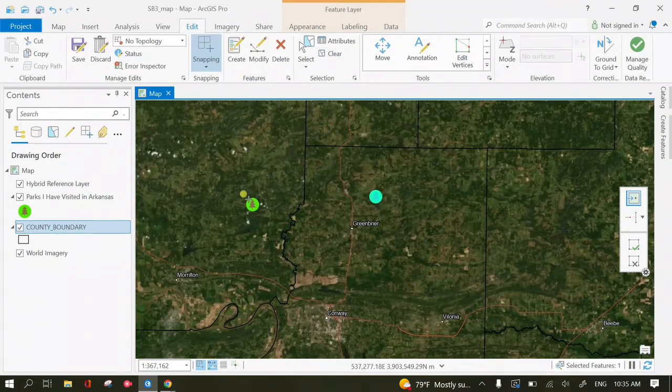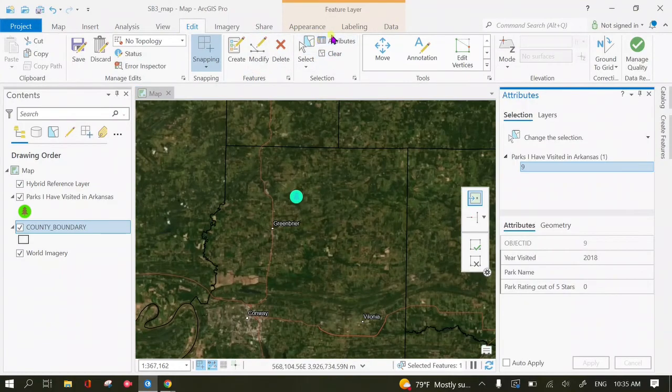And then notice it's still going to allow me to add other points. So I'm going to not click again until I add the attributes. So I'm going to click the attributes under the Edit tab in the Selection group and type in